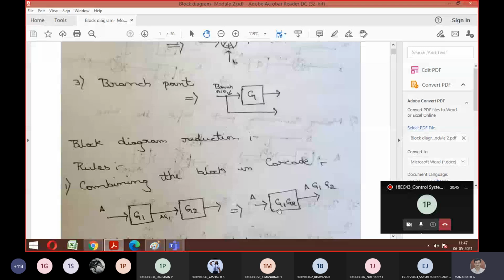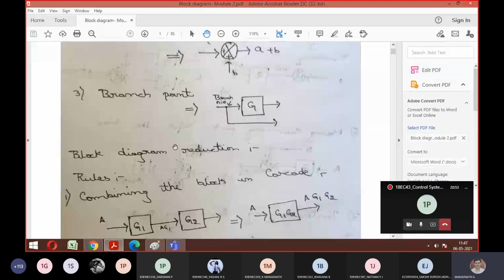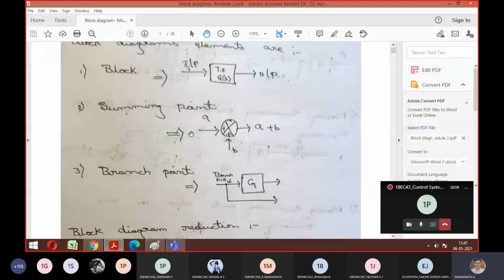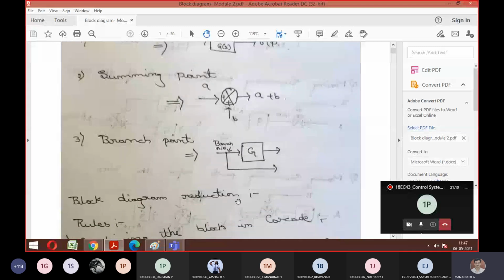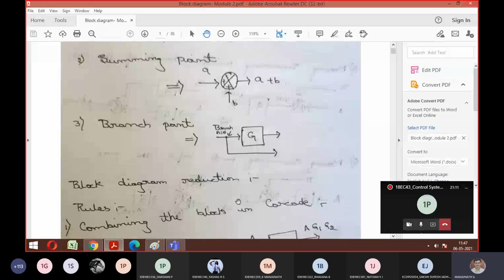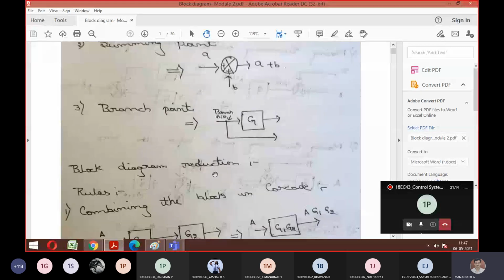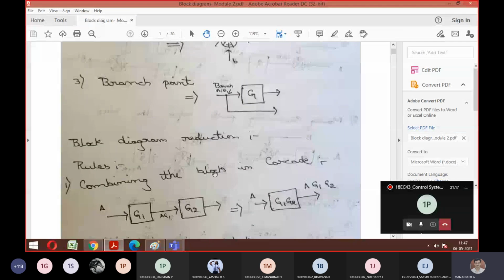Okay, fine. As we started block diagram, I told these are the three major elements. In model number one, you had mass, dashpot and spring, right? In the same way, in this block diagram technique, you have elements such as block, summing point and branch point. We have to play with these to do the reduction technique of any given system. What I'm trying to tell now is a set of rules to be followed to do any reduction technique.